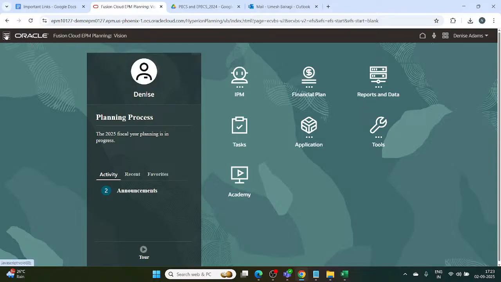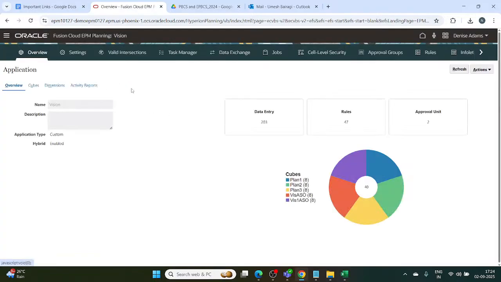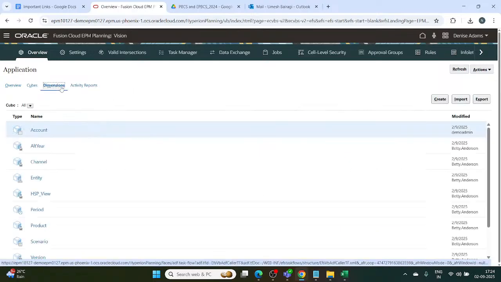Now we will click on the three-line navigator, and under application overview, we can see the dimension, and under the dimension there is an account section. So for account, we will click on import,